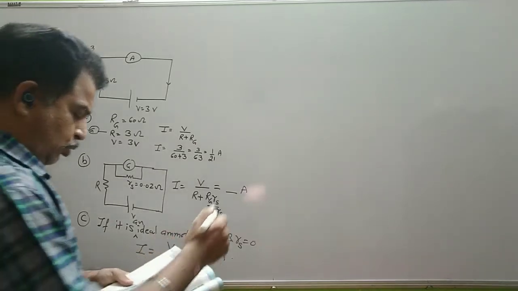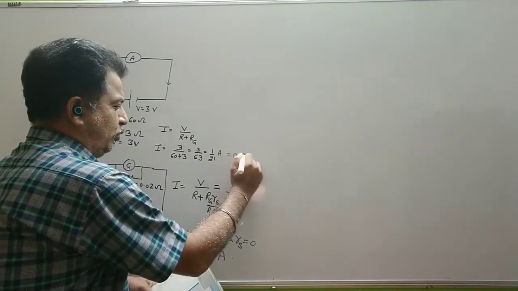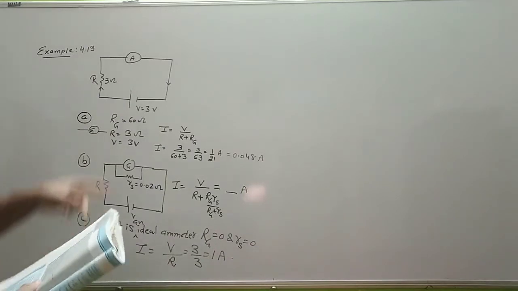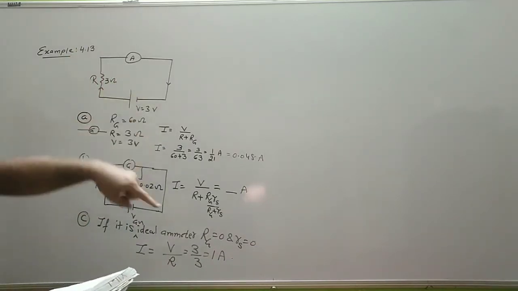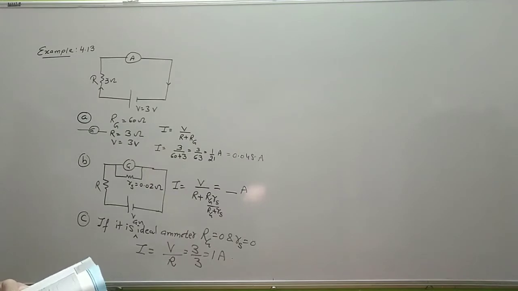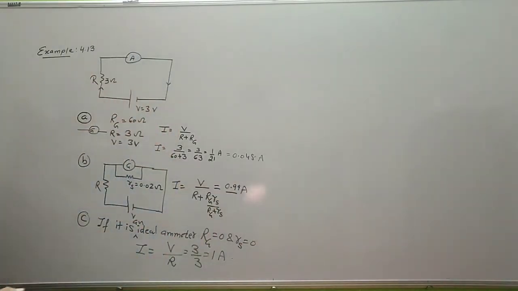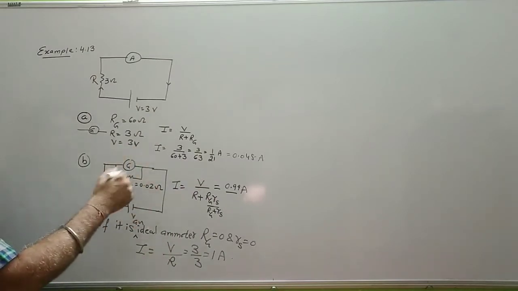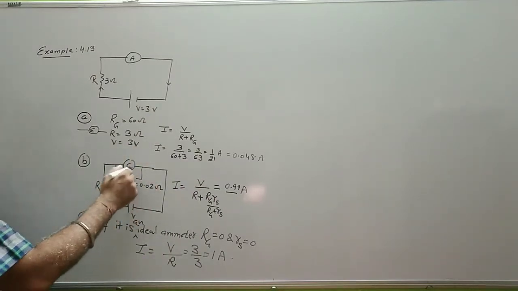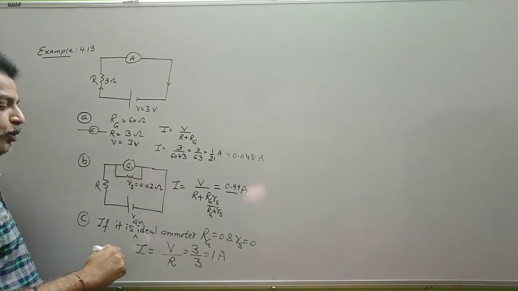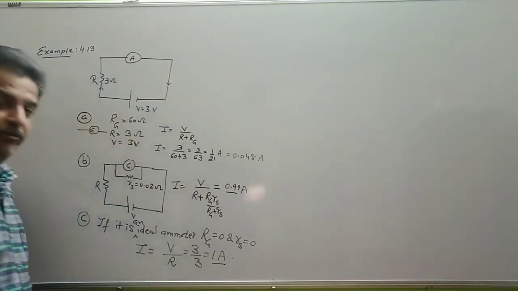Say when you do this calculation, it is 0.048 ampere. So if I use the galvanometer directly to measure a current, it will measure this much only current because its resistance is added. But when I use a shunt, its value becomes 0.99 ampere. That is, the resistance of the circuit will decrease due to this parallel combination. And if I assume this entire resistance is 0, then the correct value comes out to be 1 ampere.